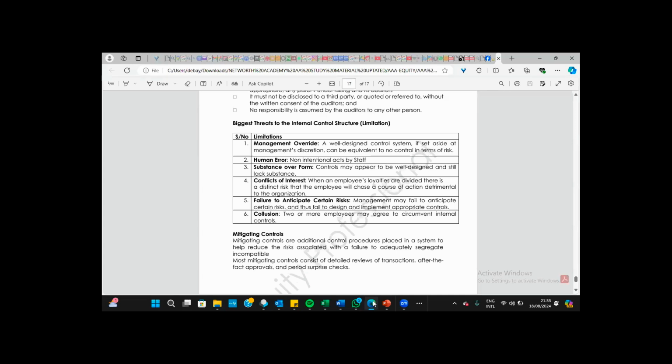So all these examples that I gave aim at limiting the effectiveness and efficiency of the internal control system within an organization, from management override to human error to substance over form to conflict of interest. I didn't explain conflict of interest. Conflict of interest is another threat to the internal control system. This is where an employee has